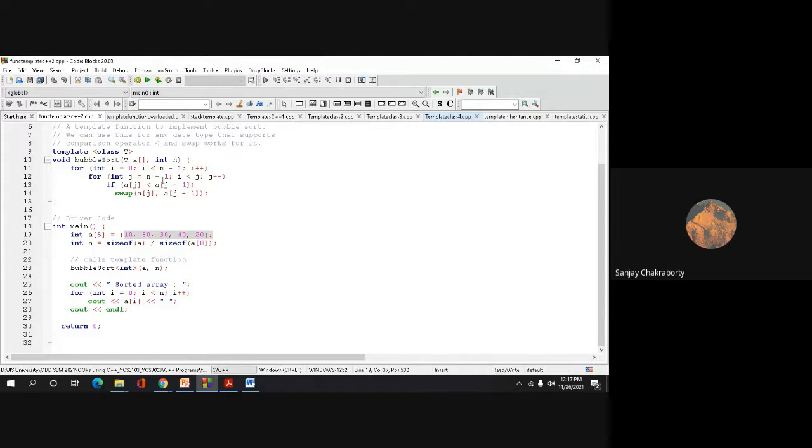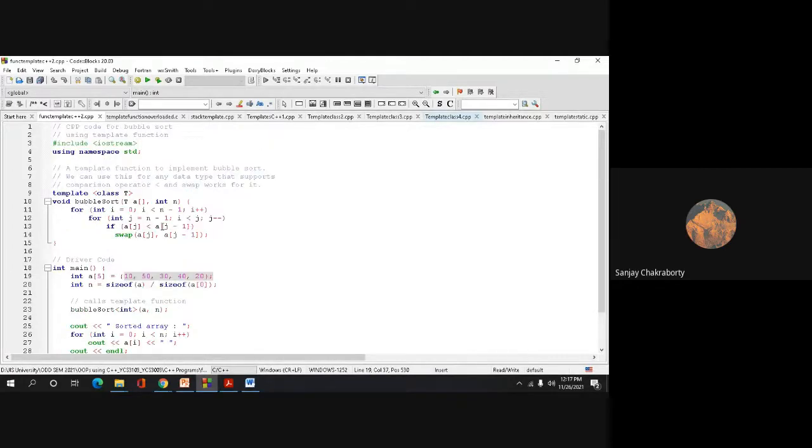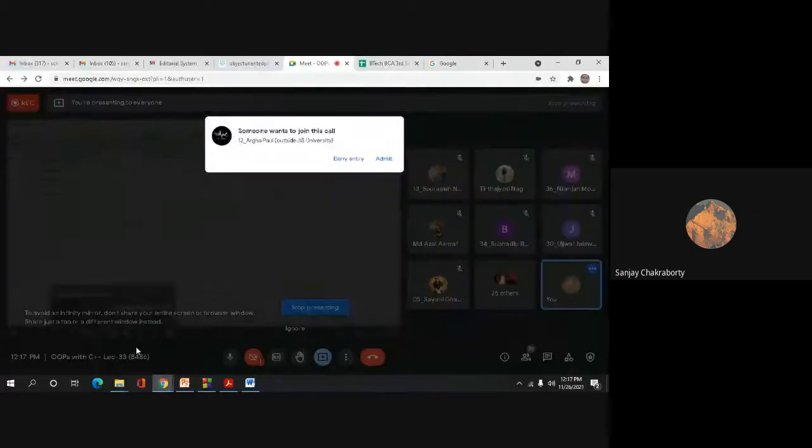So any problem or program that we have studied or practiced till now, we can represent with the help of a function template. Okay, I hope this concept is clear to everyone. Now, the second thing that I need to discuss is